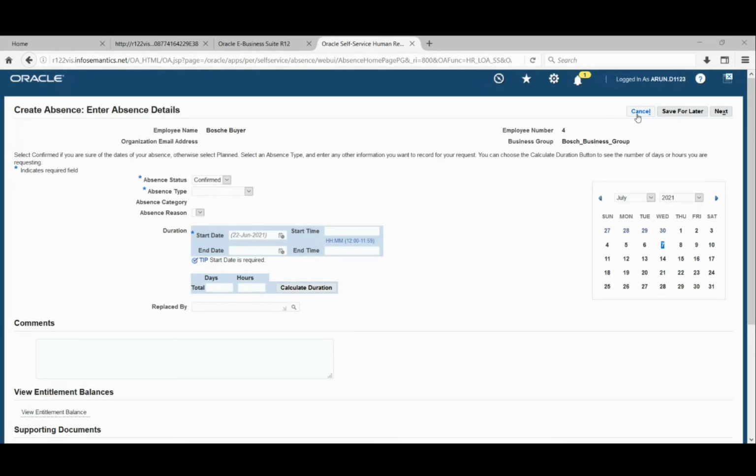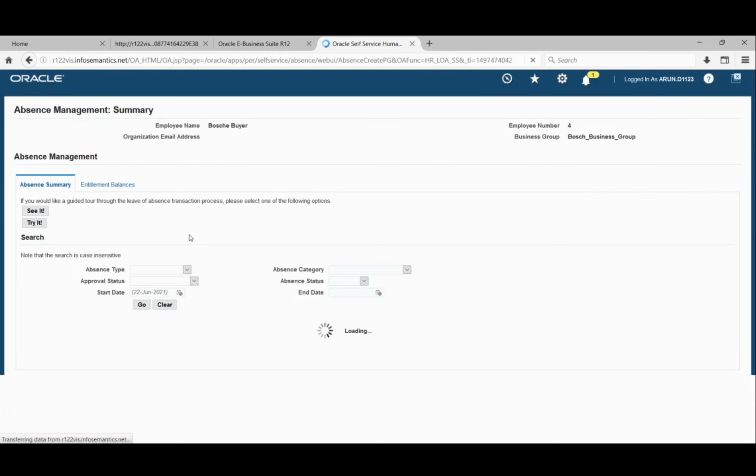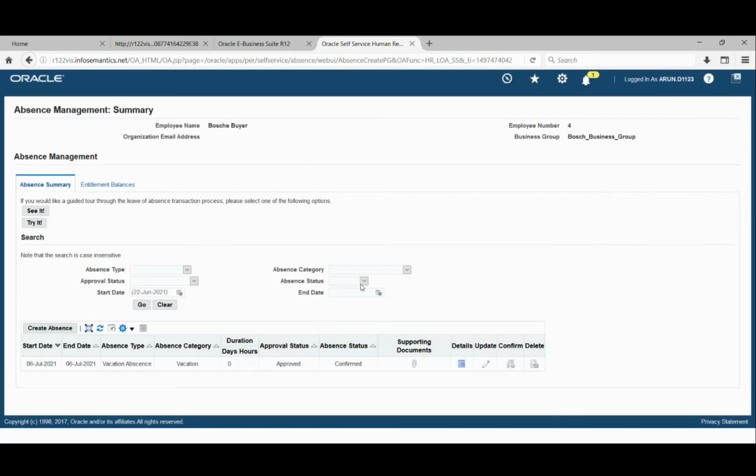So the navigation is that, from here, if I go to employee self-service, I'll have these options, wherein I can select absence management. Under absence management, will it be in OFM only, or Java forms? No, this is in OA forms.